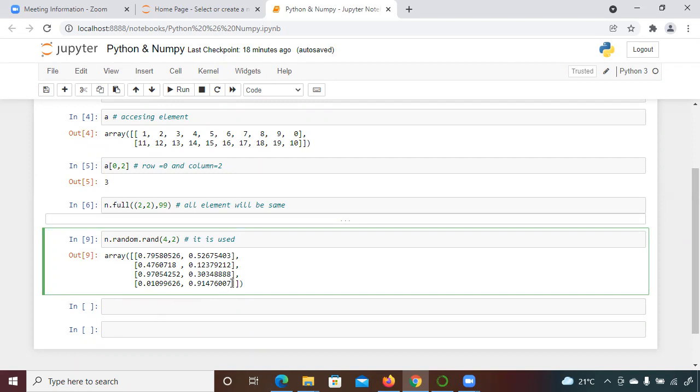Why are all the numbers less than one? Does it also take that into consideration, why everything is less than one? Yeah, the random library gives a value between 0 and 1, but you can change it as well. This one, if you want to increase the value, we can change it. I see.